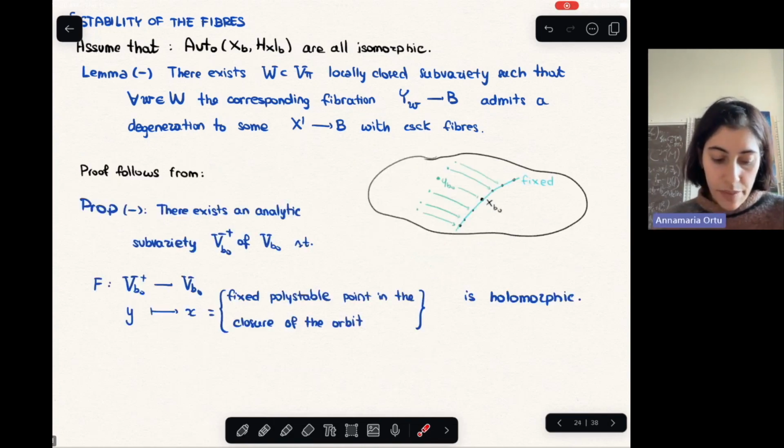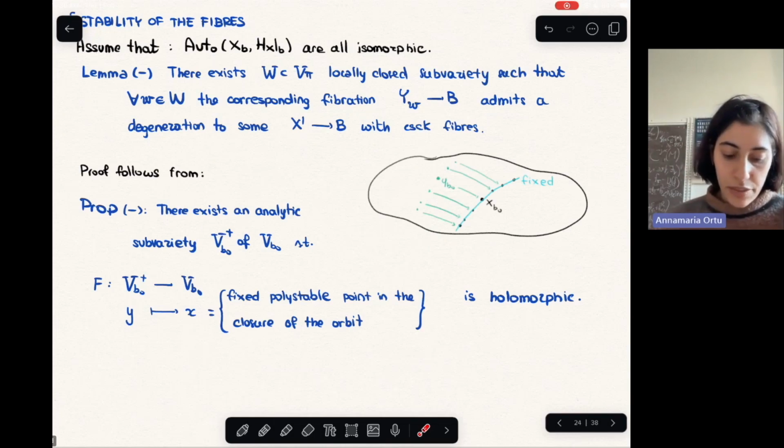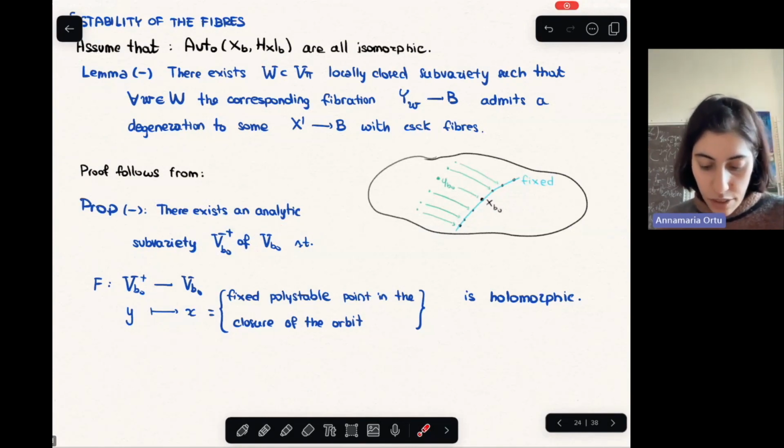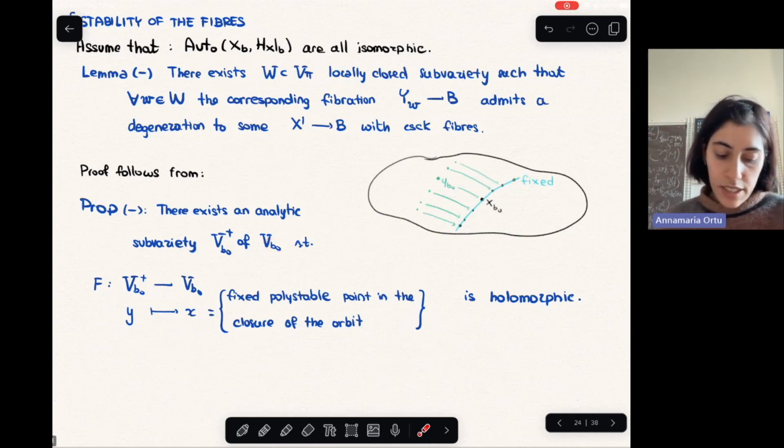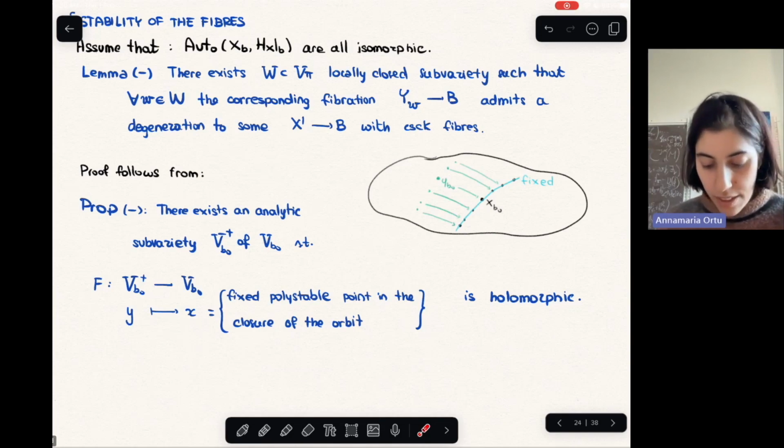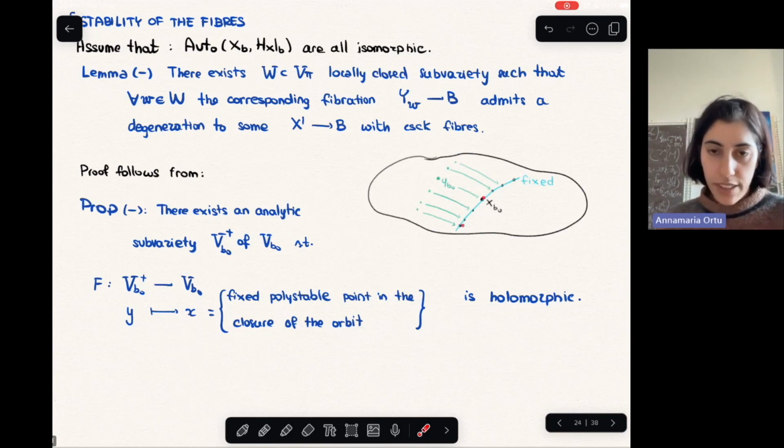And then the proof follows from the fact that there exists an analytic subvariety V of our space, the space that parameterizes deformations of this fiber over the point B naught, such that the map that maps the semi-stable points to their fixed point in the closure of their orbit is a holomorphic map. And